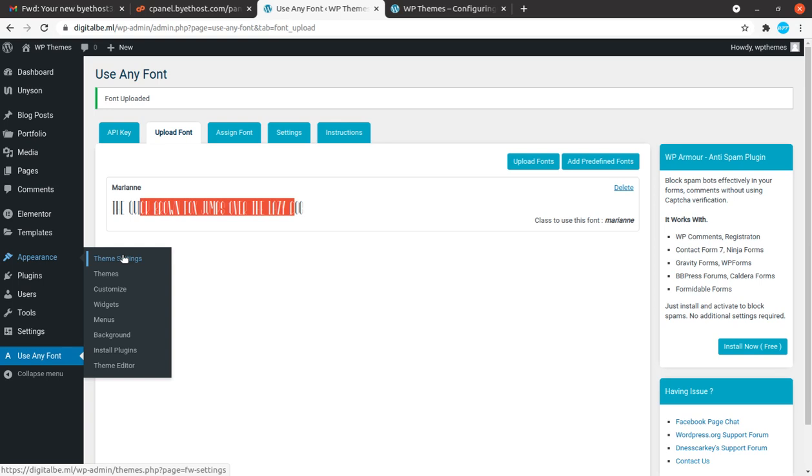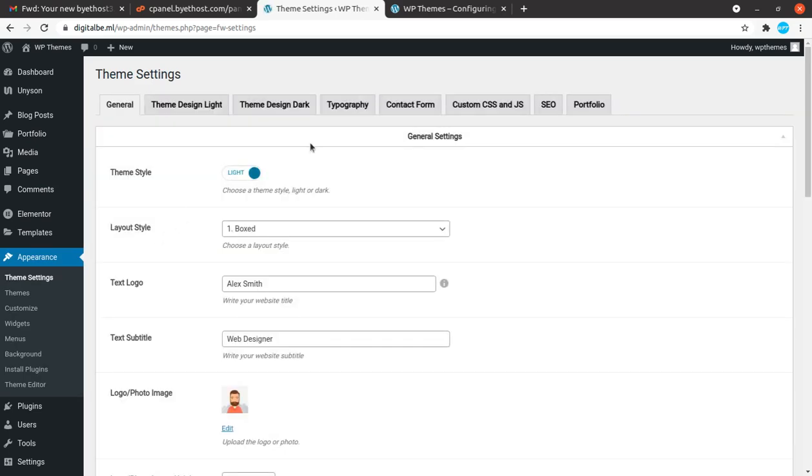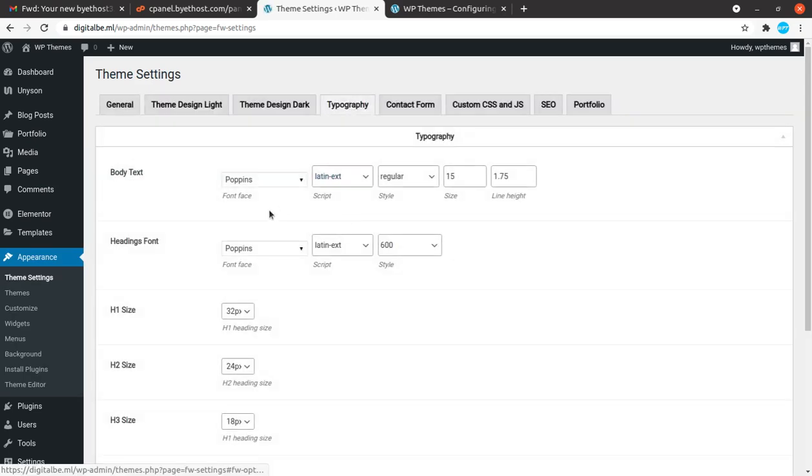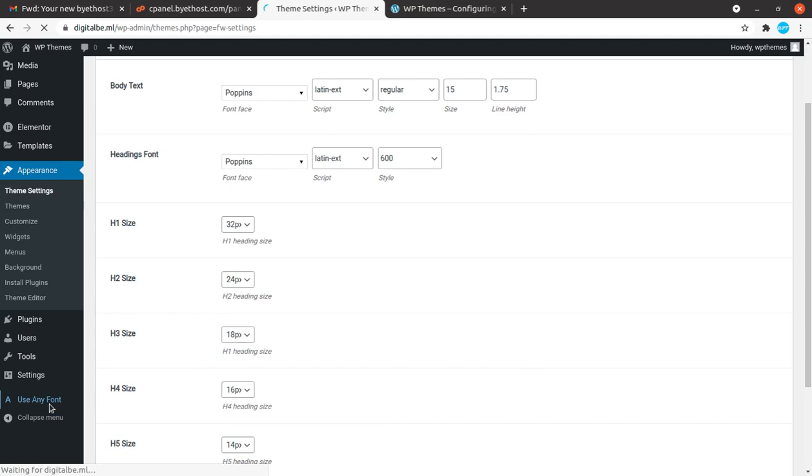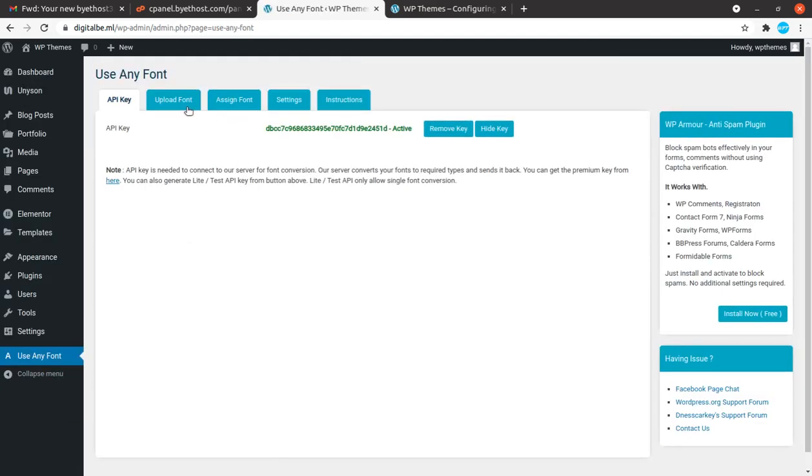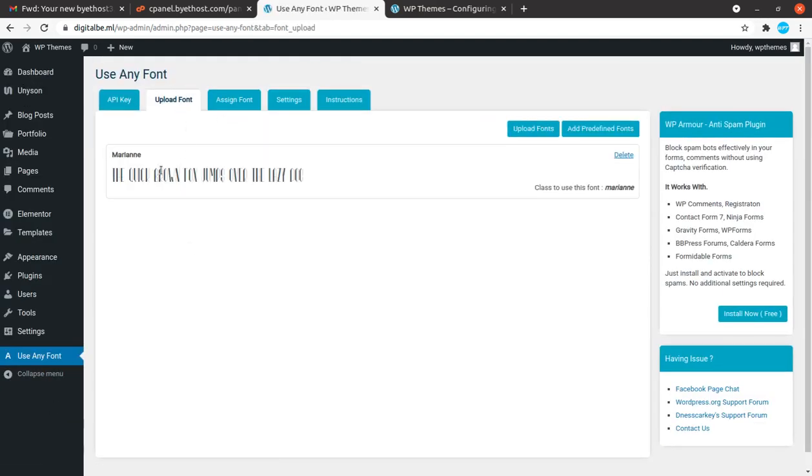This is why we are doing this activity. So now theme setting is not required in fact, and typography is already here, but we are not going to use this section because we have put an additional plugin for this, and Use Any Font is already here, and font has been uploaded.